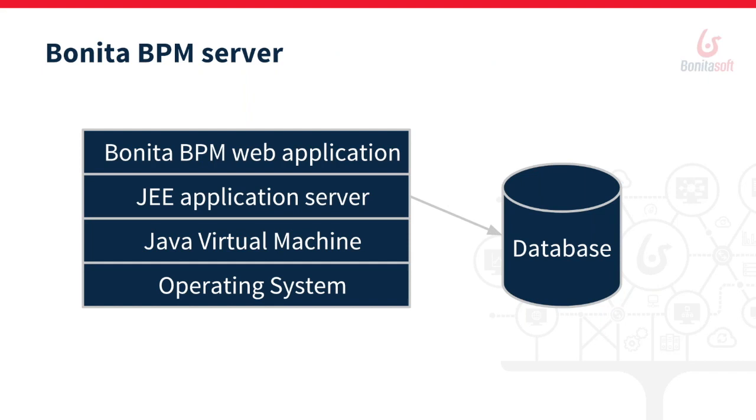So let's take a look at what composes a Bonita BPM server. If we start from the bottom level, we have the operating system. We are pretty much abstracted from the operating system because Bonita BPM is a Java application, so it's going to run on the Java virtual machine, which abstracts completely the operating system layer. Bonita BPM is a web application, the one that will host, at the end of the day, the application you build with Bonita, and that requires a Java application server to run. So that's basically the 4 layers we have here: the operating system, the Java virtual machine running on the operating system, the Java virtual machine will actually run the application server, which will host the Bonita BPM web application, and all the data